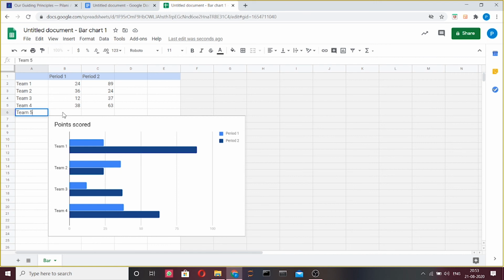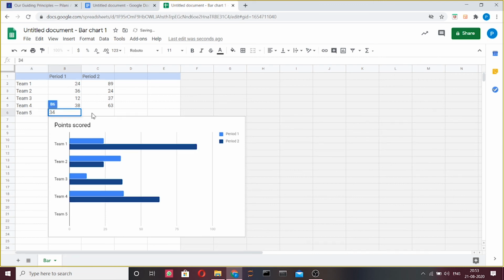Put in the values. We can also edit the existing values by clicking on the cell. Now, as you can see, the bar chart gets automatically updated.